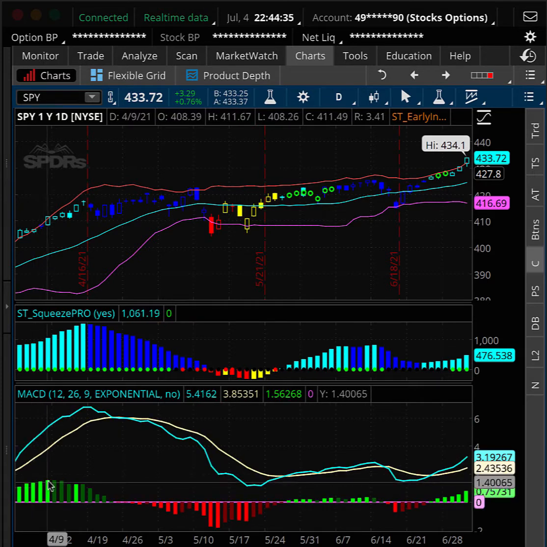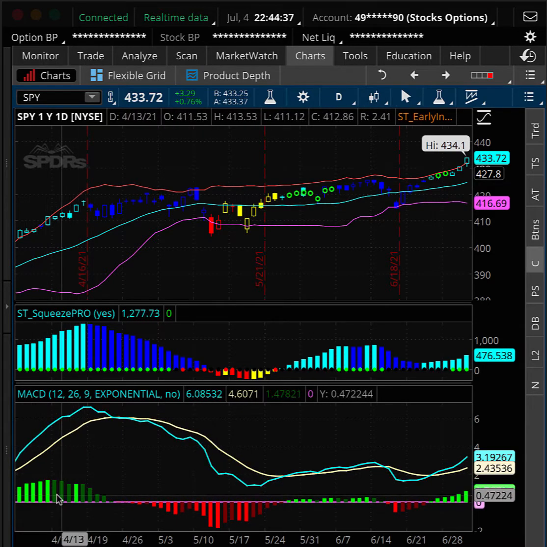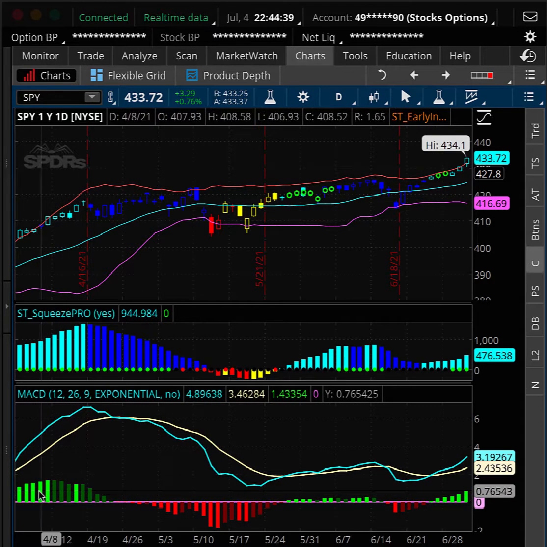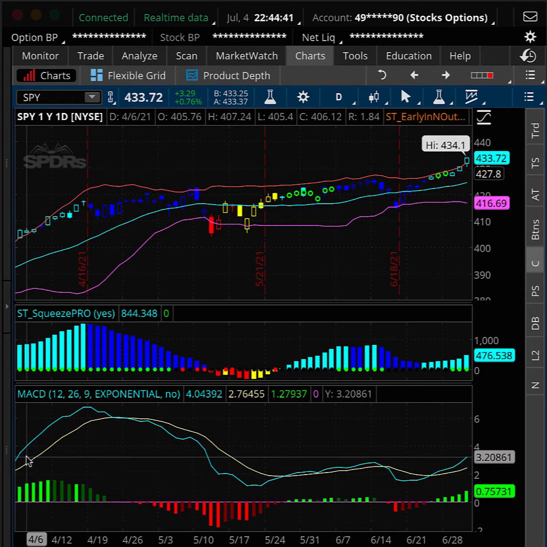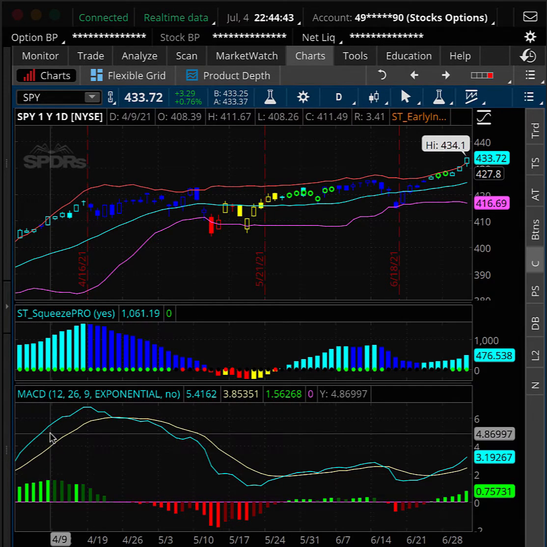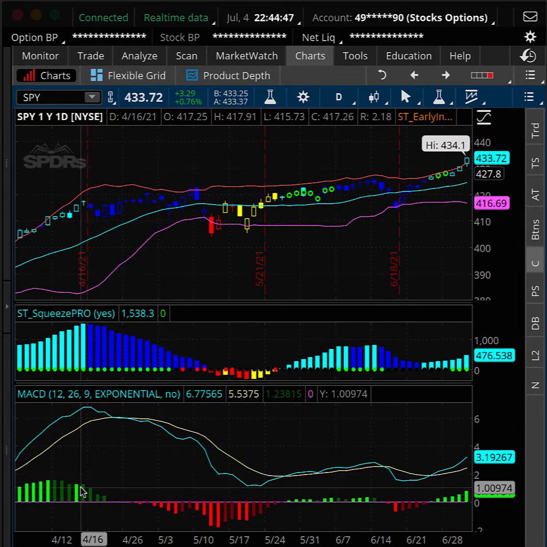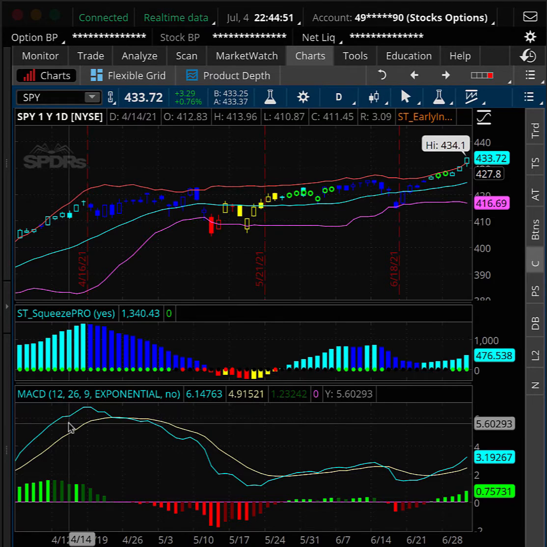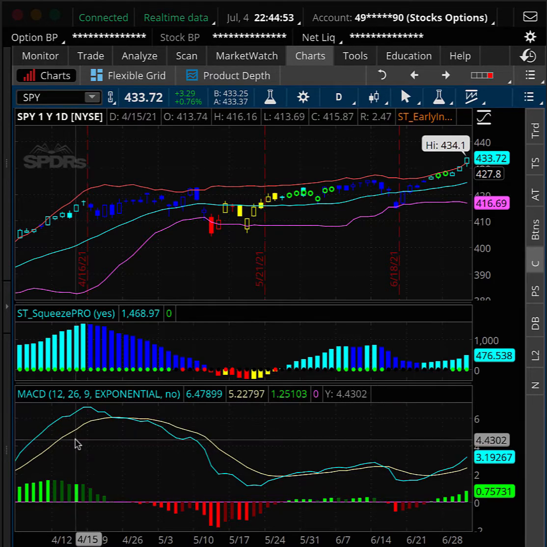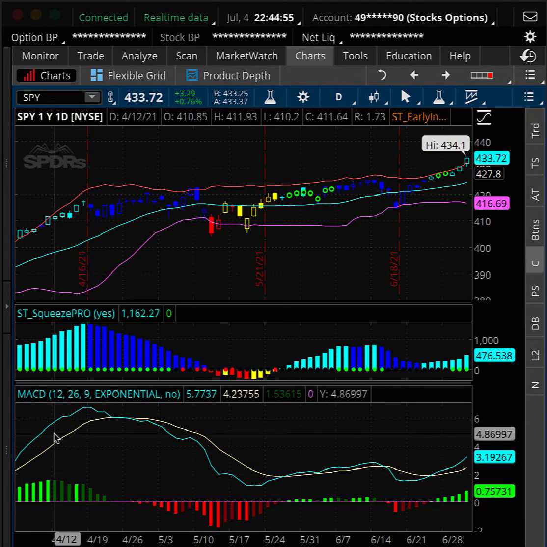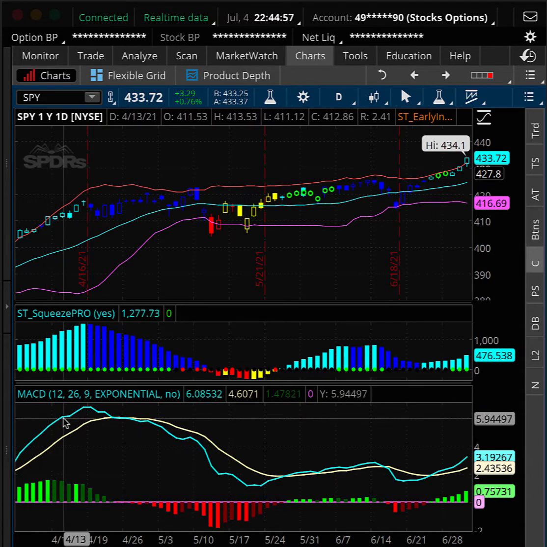What you have here below it is a histogram, what they call a MACD histogram, and what these bars represent is the area between the two moving averages. So it's just another way to visualize the space between, which is often helpful to see where something is starting to change. So for example,